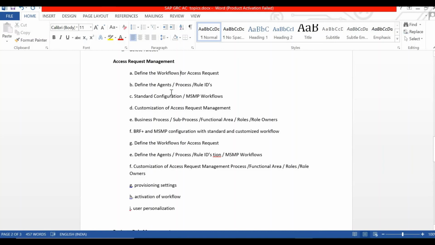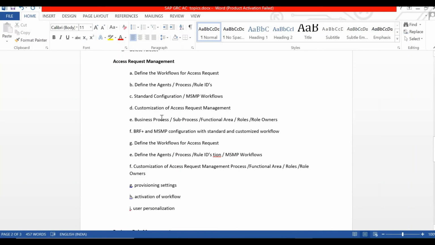Suppose creation of user or modification of access for a user has to go through the complete approval cycle, like manager approval, role owner approval, or security lead approval. But for locking or unlocking, only security lead approval is required. So that workflow combination we are matching and defining in access request management.